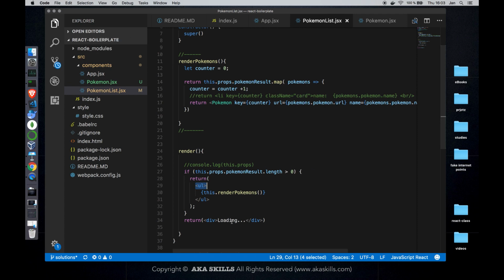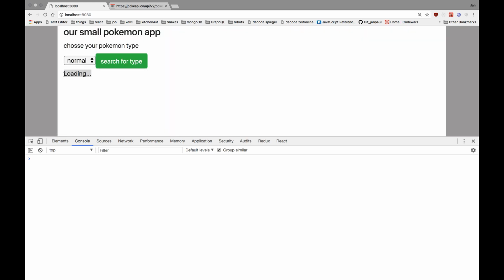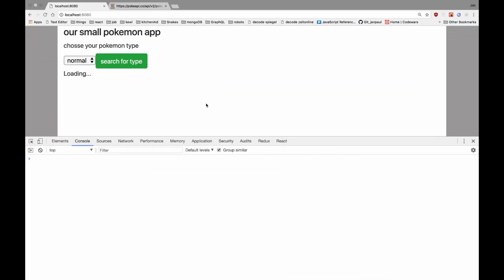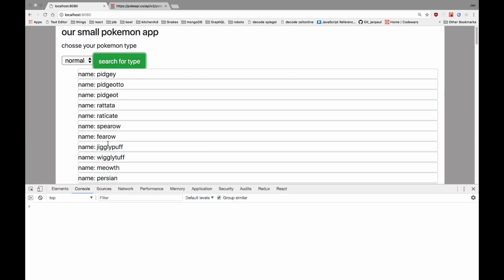So to be different here, you know, this loading, as you might remember, this is from the Pokemon list. So when we access the site in a blank state, we have this loading thing here. But actually this is not true because we are not loading anything. So I want to keep this div blank here. And let's check. Yeah, it's blank now. And if I go search for type, is there something happening? Yeah, it's loading. And now if I click here,